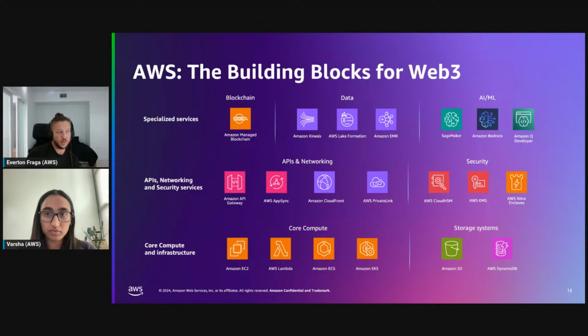It is basically a HSM connected to the cloud that meets very high standard of security. We have AWS KMS, Key Management Service, allowing you to create cryptographic keys and even sign Ethereum or EVM transactions with it. Right, so it has support for the curves compatible with EVM, for example.